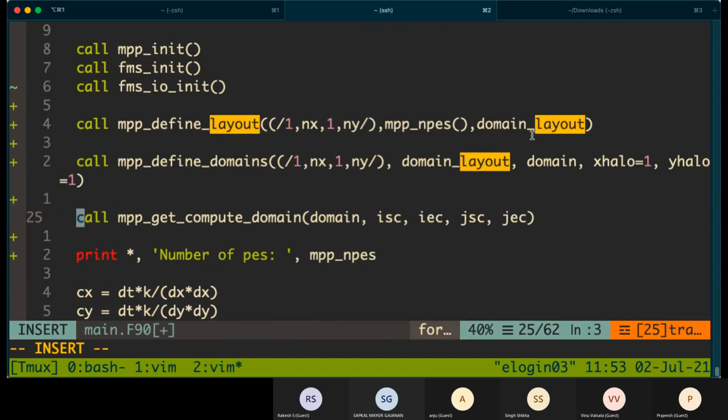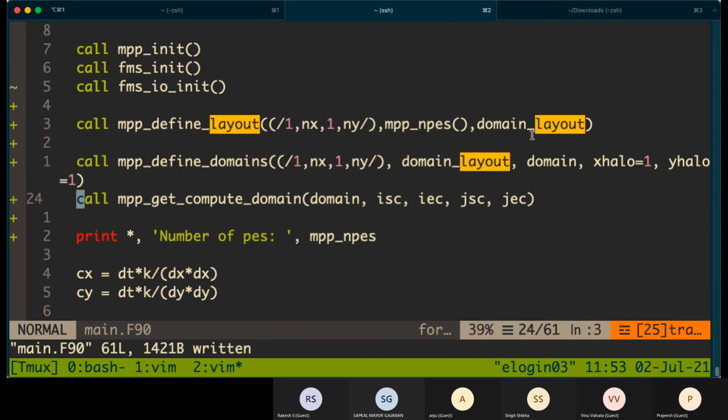By using this call, you can get the upper bound and lower bounds in both the directions. The input to this particular call is domain, the domain which we defined in this step. That is the input, and the outputs are these values: ISC, IEC, JSC, JEC.